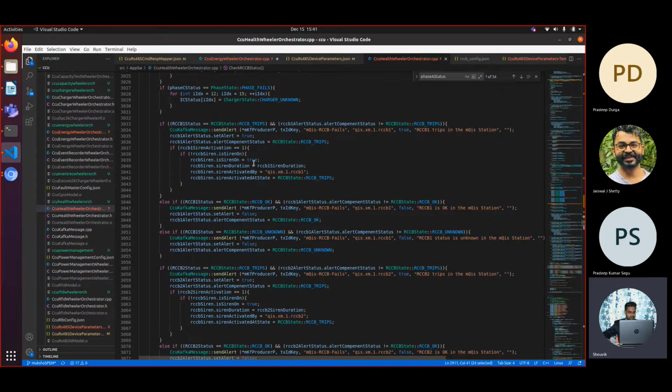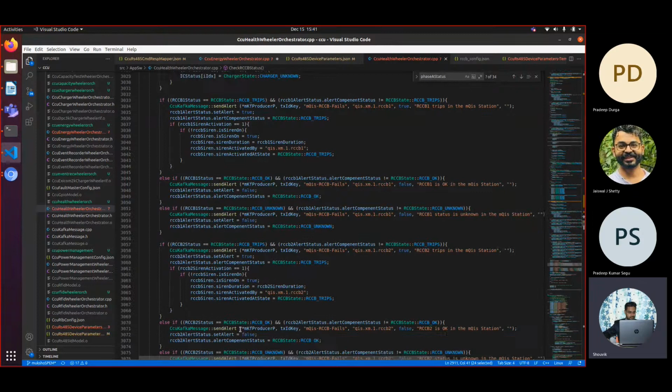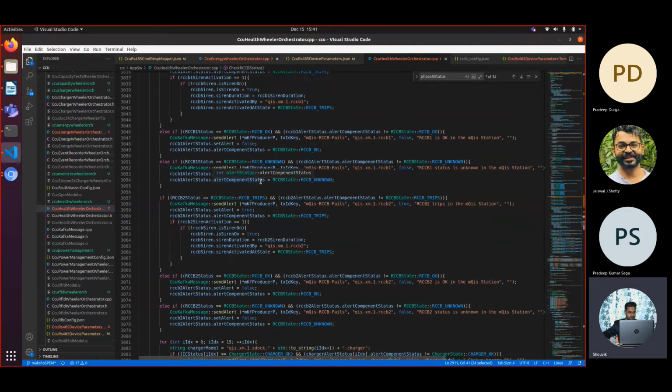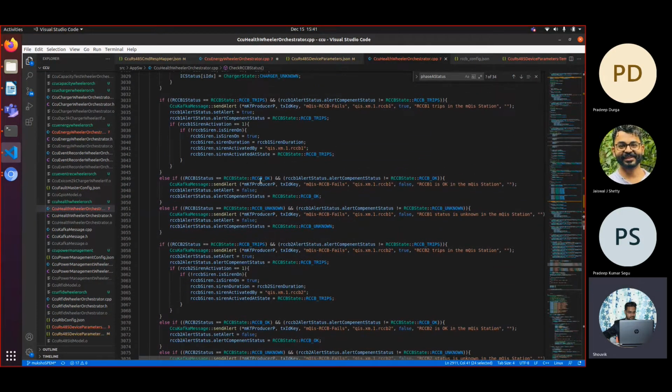Whether it is tripped, okay, or unknown, whenever there is a change in status, we are sending the alert. To determine whether there is a change in alert or not, we are checking the RCCB status and the alert status.